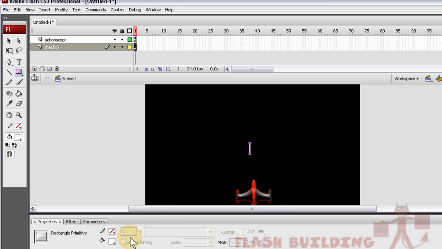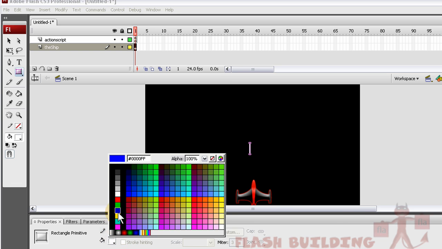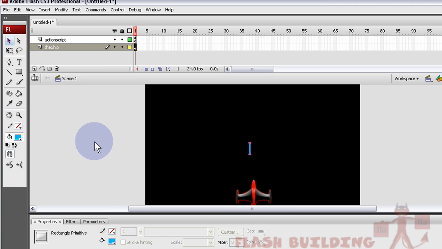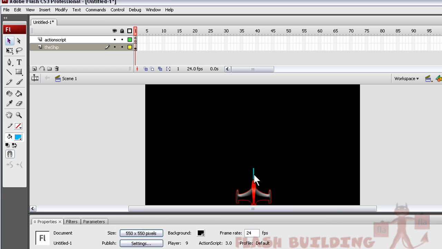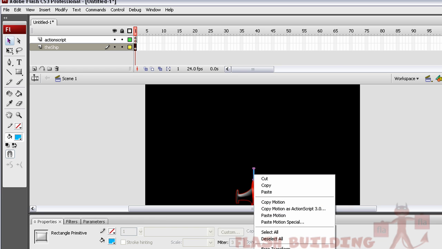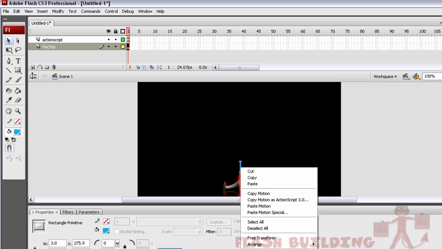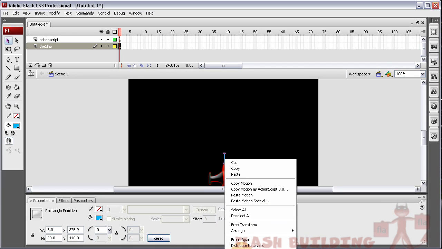So make it have no fill, no stroke, and whatever color you want for your laser shot. That looks good to me. It looks about right. Okay, and don't worry about where it is because it's going to go into the library anyway. You convert to symbol, you right click it, you convert it to a symbol,